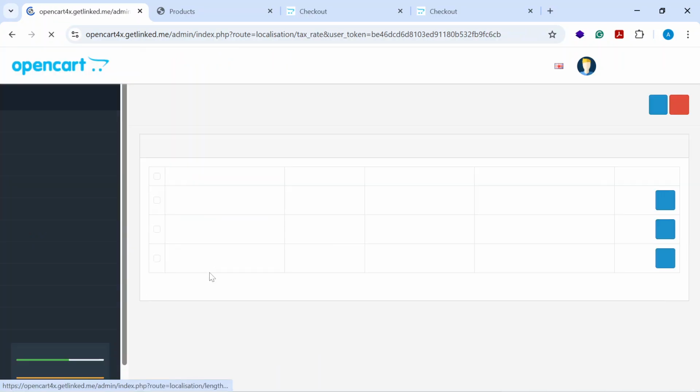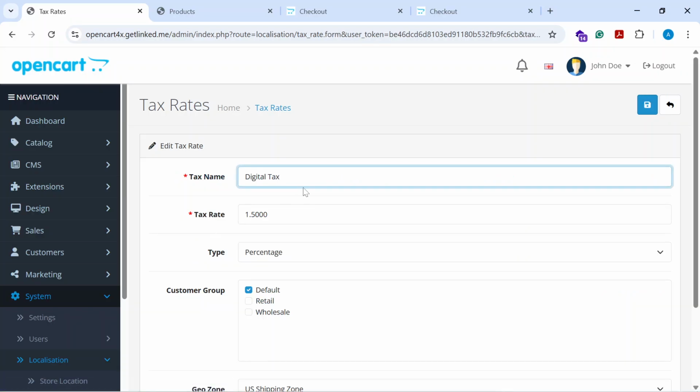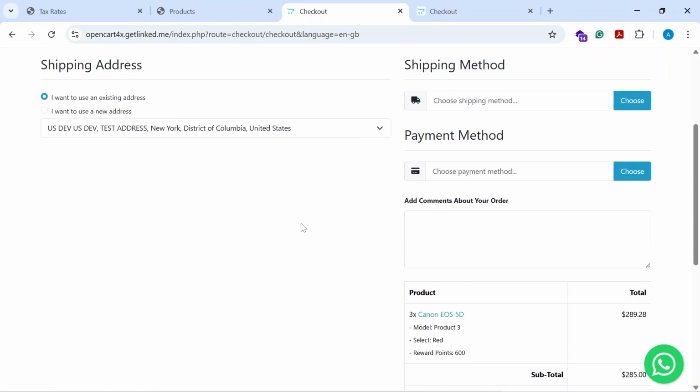So I'll just go back and then edit it to say 1.5%. Okay, 1.5%, just to ensure that for the customers, it's easier for them to understand what's going on. Yeah, so we have it right here, and you can see it has been added to the gross total of the product. So that's how you can add a custom tax to your shop to ensure that you are compliant